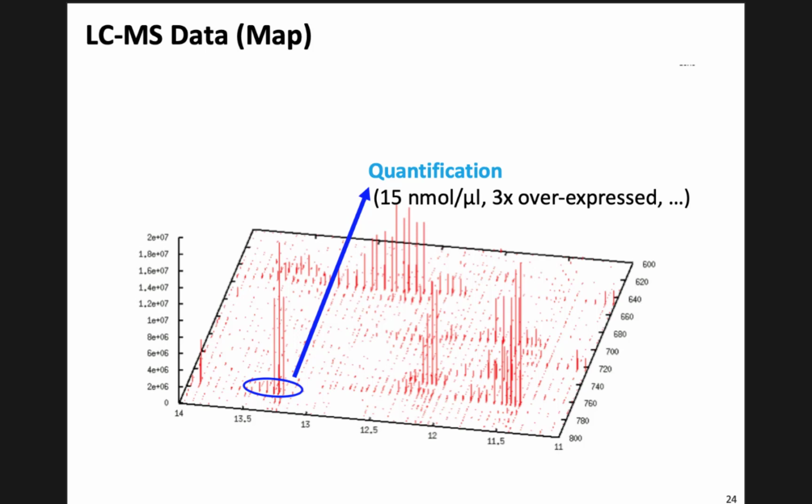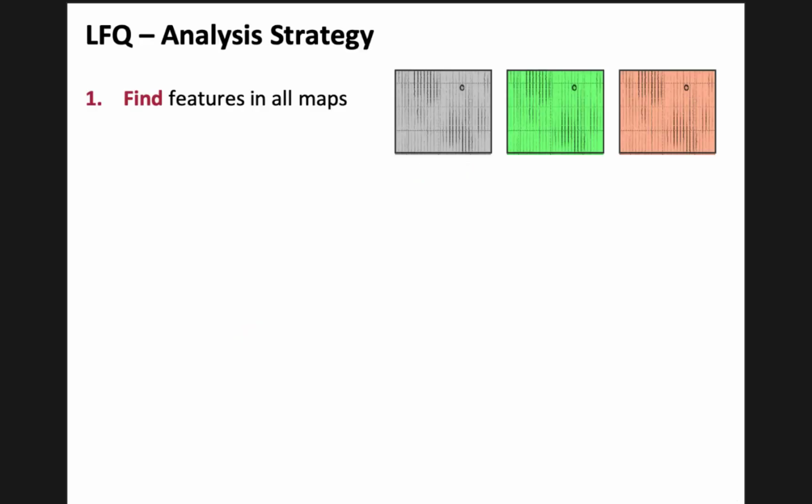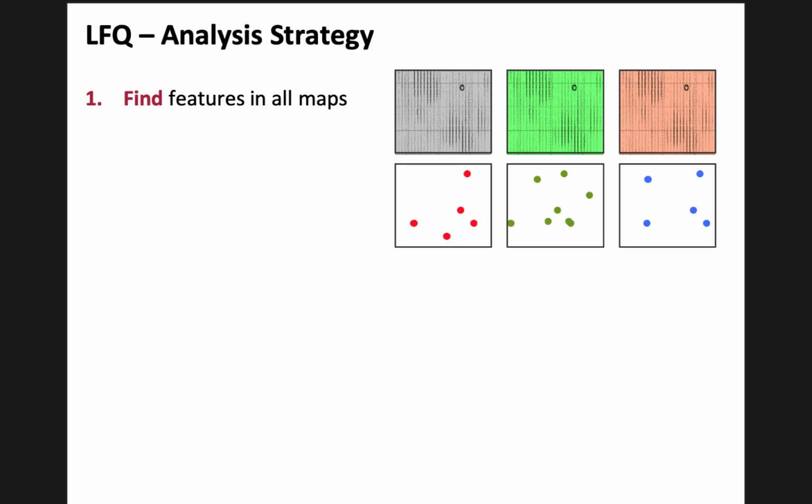In label-free quantification now, once we are able to find these features, the overall strategy looks roughly like this. The first step is always we find all features in all maps. So in this case, we have 3 samples, blue, green, and red, and we try to quantify all the proteins in these 3 samples. So we find these features. What does that mean? Well, we turn these maps that contain millions or hundreds of millions of peaks into things that are more discrete and more interpretable. So all the signal that comes from this part of the map here, we turn into one feature,